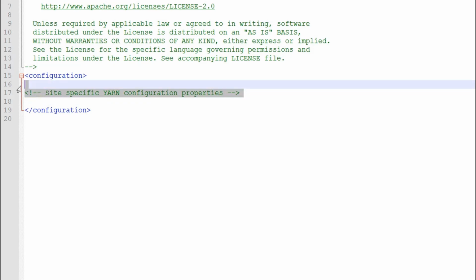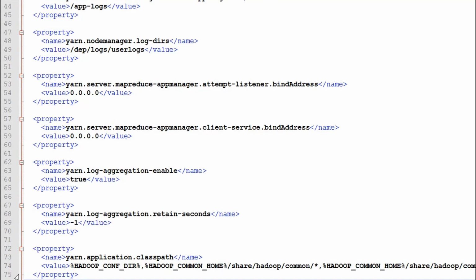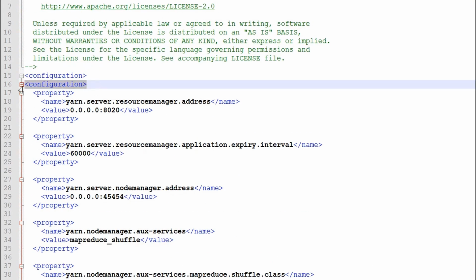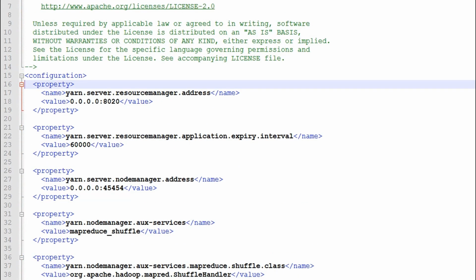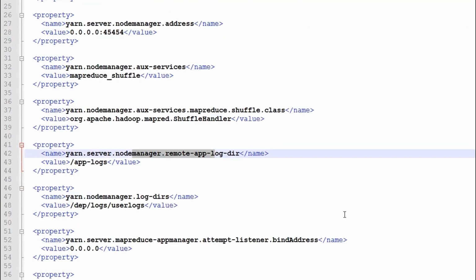So here, let's put this. So just make sure to add the resource manager address, yarn server resource manager expire interval, the node manager address, node manager auxiliary services, node manager auxiliary services dot map reduce dot shuffle dot class, and finally the remote app log directory